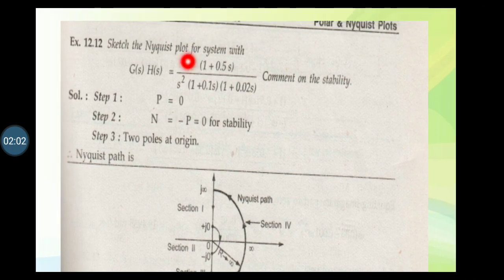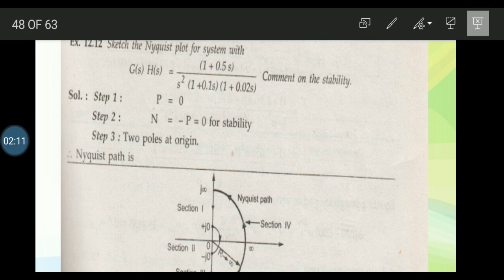So due to s square there are 2 poles at origin. So after representing the Nyquist path,